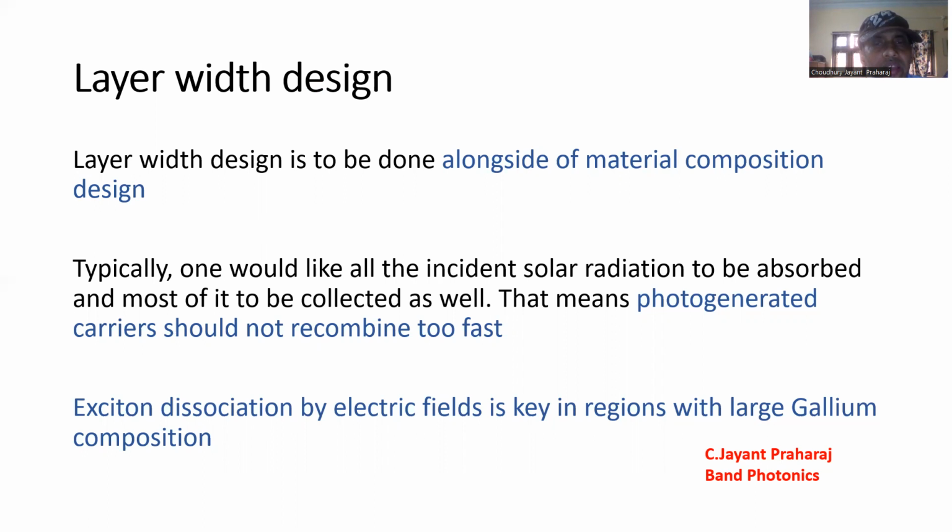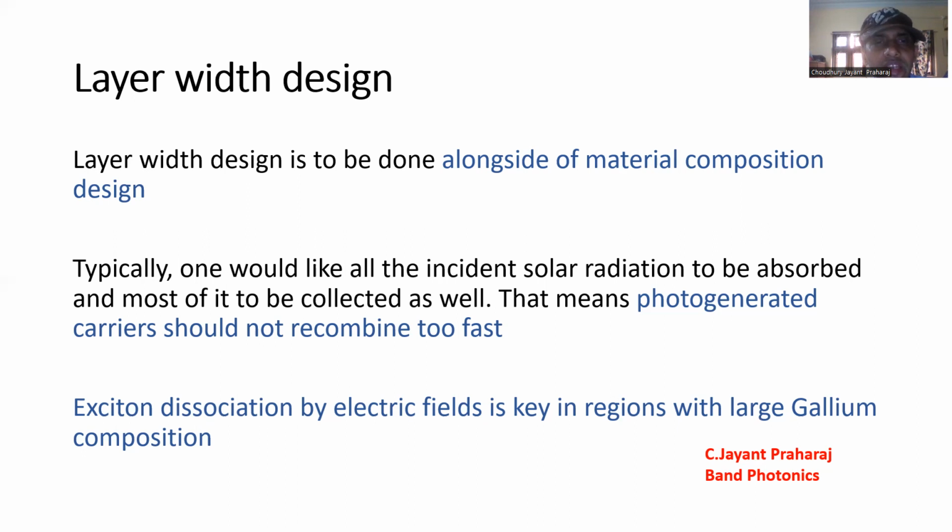So these excitons are overall neutral, so they won't drift under an electric field, and then the electron and hole can eventually recombine. That isn't good for solar cell operation. So what we want is to dissociate the exciton to get the electrons and holes separated so that they can drift in opposite directions under the electric field. Now, the dissociation is done by the electric field itself because it can cause tunneling out of